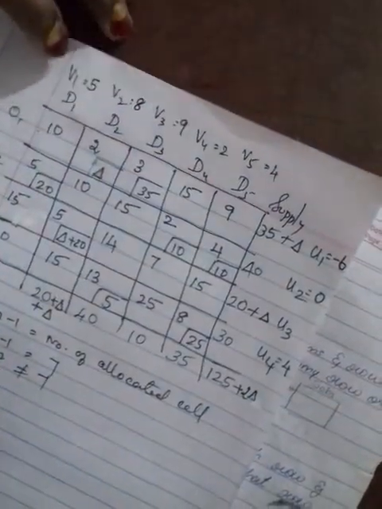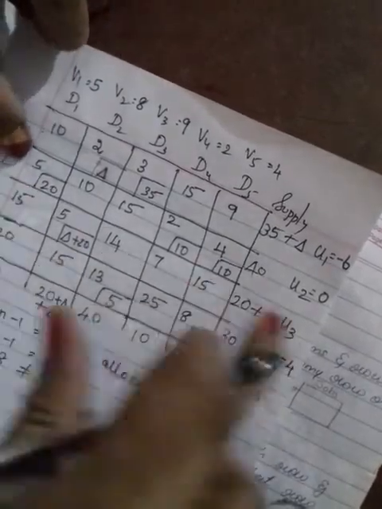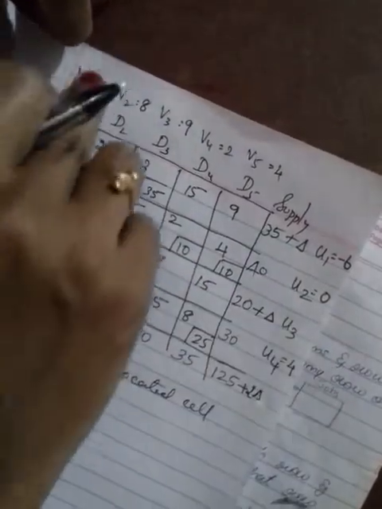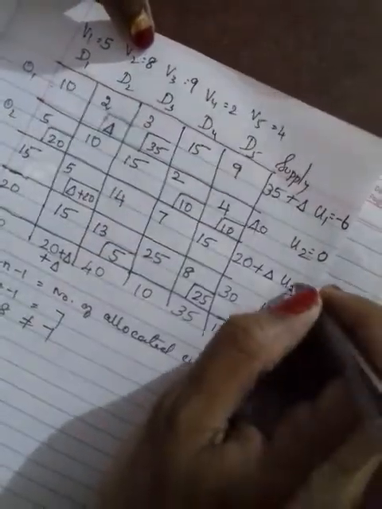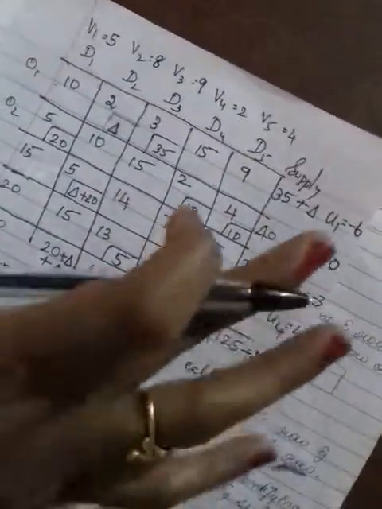And u2 is equal to 0, no? We found this value. So of all the other values, only v3 and u3 are pending. So how to find out u3? v2 we got, no? v2 is equal to 8. So 5 minus 8, you will get minus 3. Now we found the u values and v values.